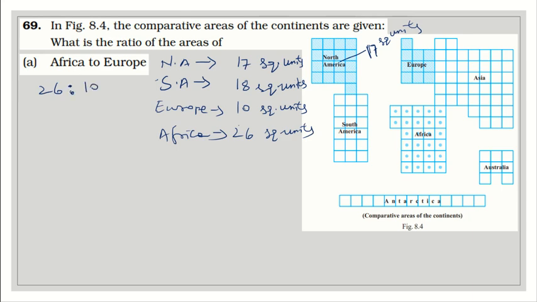So the ratio between the area of Africa to Europe is 26 is to 10, which is nothing but 13 is to 5. So this is how easily we can say. Now if I want to answer any questions on this, that is Australia and Asia, I must find first Australia's and Asia's. Okay. So Australia,